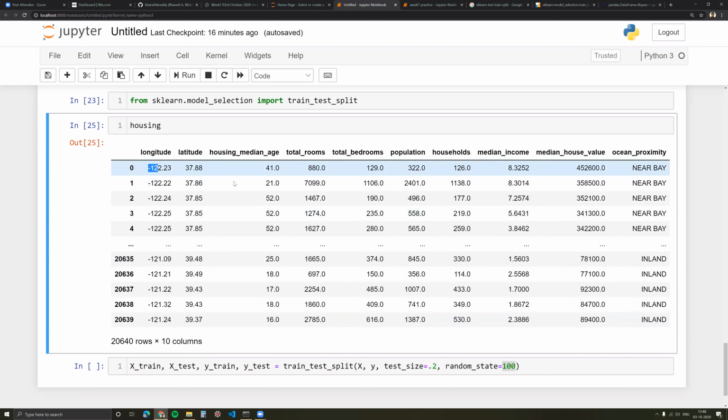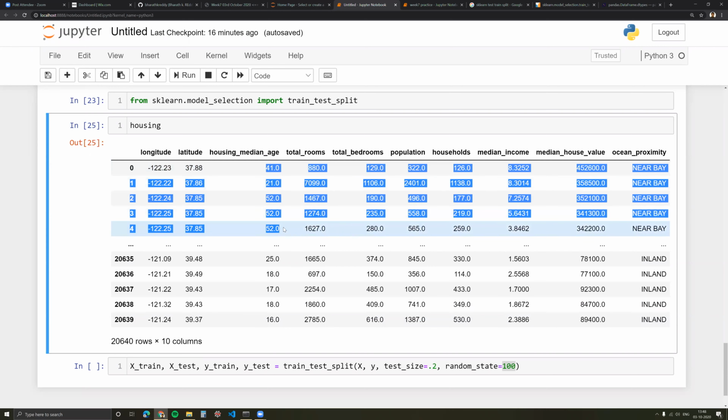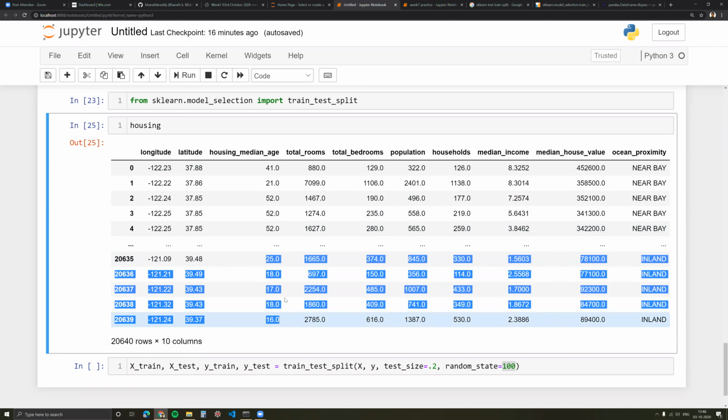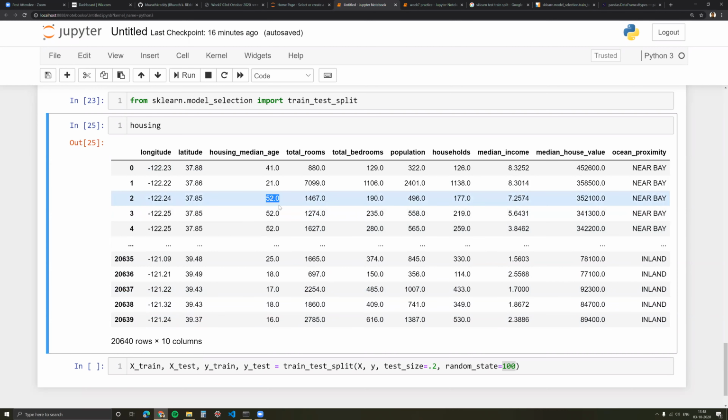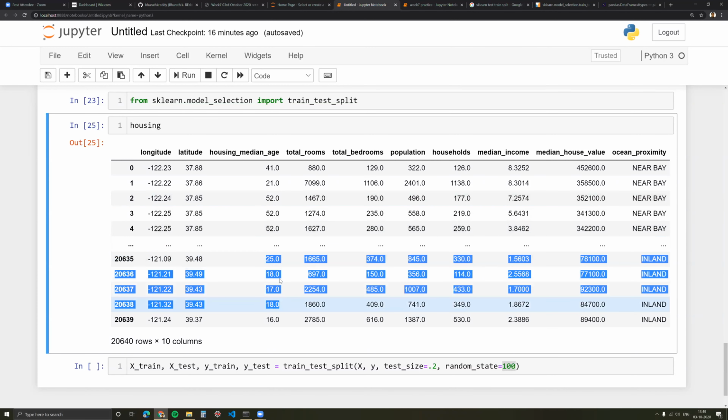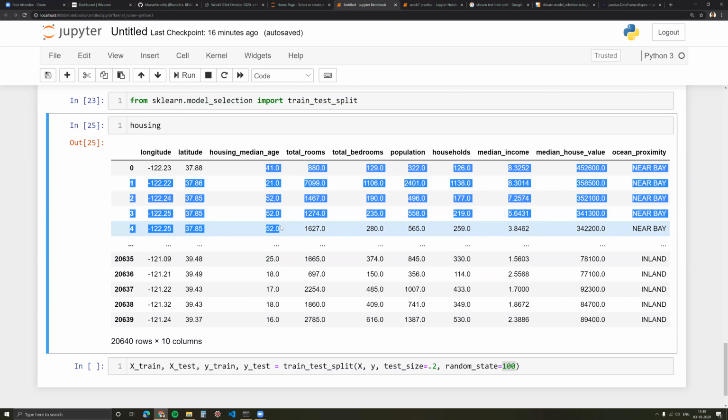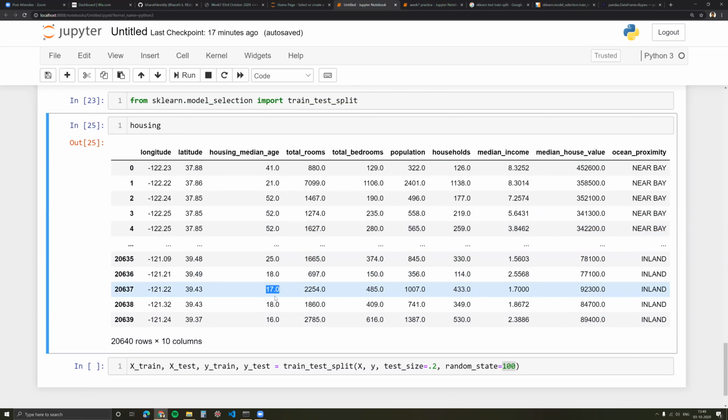When I then calculate the mean, it would take only these values. And when I'm trying to predict, it would take this data and impute the value using the mean we have computed here. Because when you deploy your algorithm anywhere, your new unseen data would just be one row, and you will be asked to predict the price of this, and you would have no way of calculating a mean again using all the data. So whatever mean is calculated on the training data is used to impute any new data that is brought in.